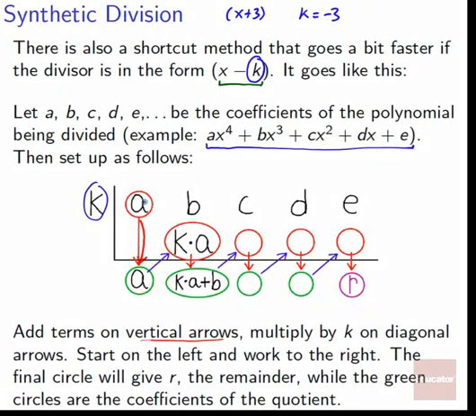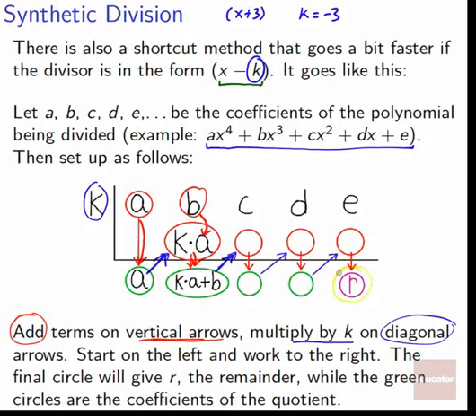We add terms on vertical arrows, so they come down, adding together. So a comes down, there's nothing below it, so it becomes just a. Then you multiply by k on the diagonal arrow. So we've got a, it comes up, we multiply by k, and so we get k times a. Then, once again, we're doing another vertical arrow where we are adding. So we go down, b plus k times a becomes k times a plus b. Next thing that will happen, we probably want to simplify it just to make it easier, but next thing that will happen, we multiply that whole thing by k once again,